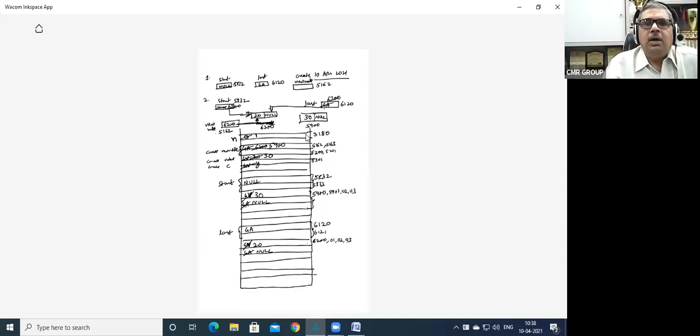You have created one more node. Now this node has to be linked. Are you getting the point or not? It has to be linked. So how does the linking have to be done? Already existing, I'll draw here. Existing is start. What is the start value now? Everyone, what is the start value? It stores the address of the first node. What is the address of the first node? 6200.